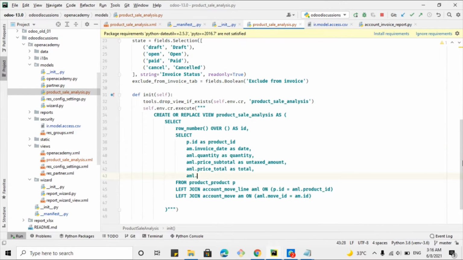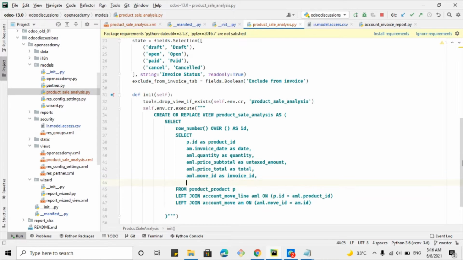So invoice ID we can get from aml.move_id is invoice ID, and then partner ID. Partner ID is available in the account move model, so we will have to get it from the account move model. AM is the alias for the account move model is partner ID,